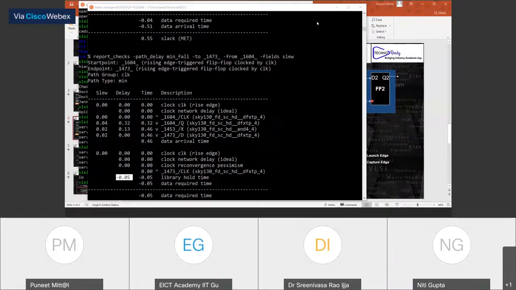The tool is not smart enough to know what exactly you want to achieve. So we usually come up with the specification. On the basis of that we do the designing, and on the basis of that we do the analysis. And if we are not able to fix the issues, then maybe we have to discuss whether we should change the clock frequency or not. Now in your case, you're saying you have a circuit and you don't have the clock frequency. That's not the way. If you want to do it that way, you have to do the hand calculation.